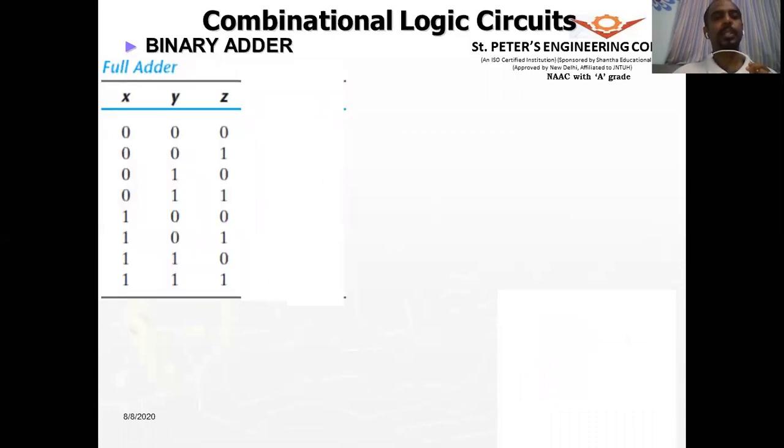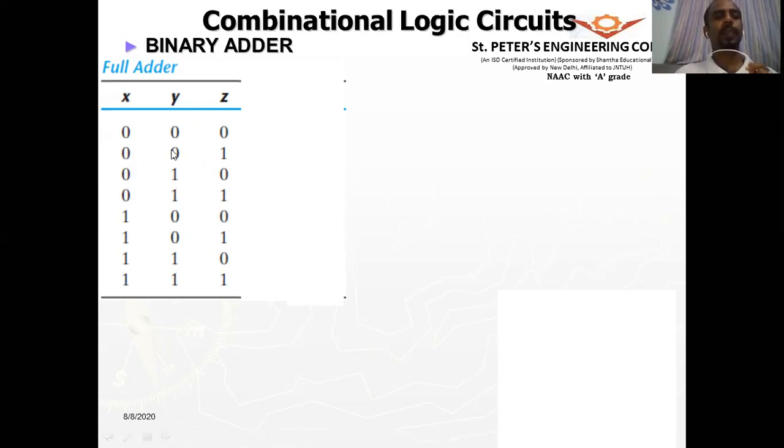Okay, now let us look into the full adder. As I said, if you are going to consider the carry from the previous addition, then that is called the full adder. Now, for the same x and y input, we are going to consider the z. So z will act as the carry from the previous addition. So when x and y both are zeros, and there was no carry from the previous input. I'm just telling you how we can realize or analyze this table.